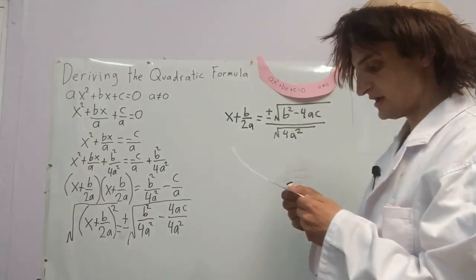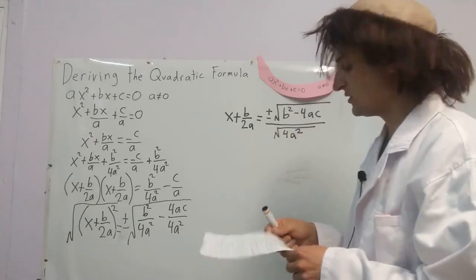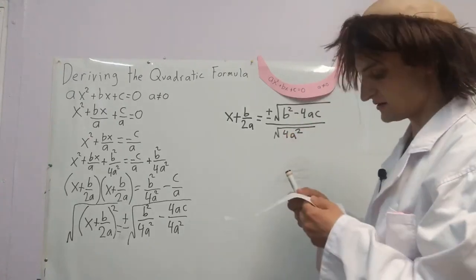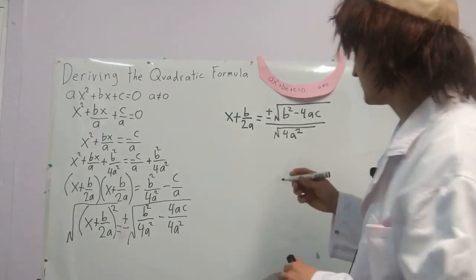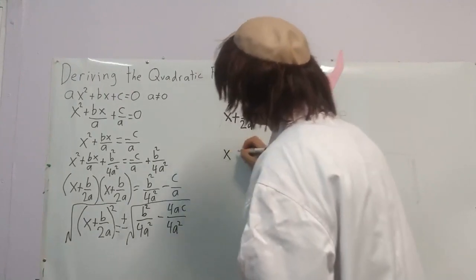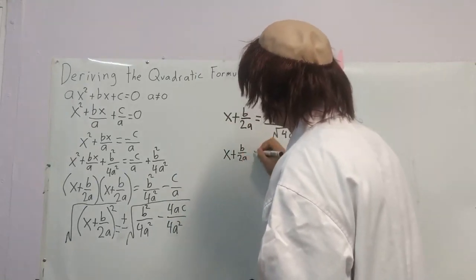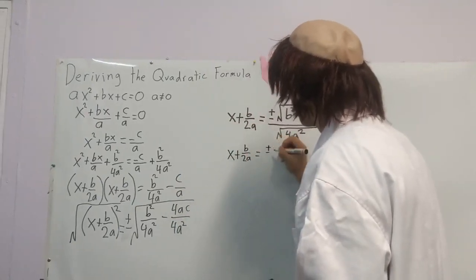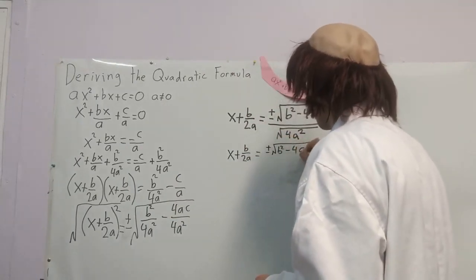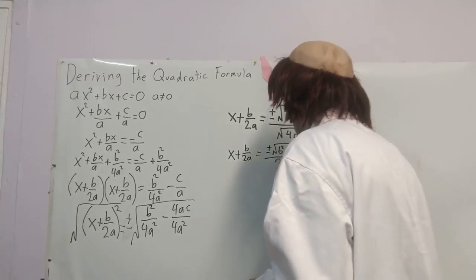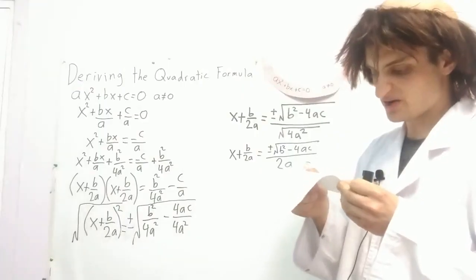Step number 11. We can apply the square root to 4a squared. What's the square root of 4? That's 2. And the square root of a squared is a. This can be rewritten as x plus b over 2a equals plus or minus the square root of b squared minus 4ac over 2a. Almost there. Number 12,